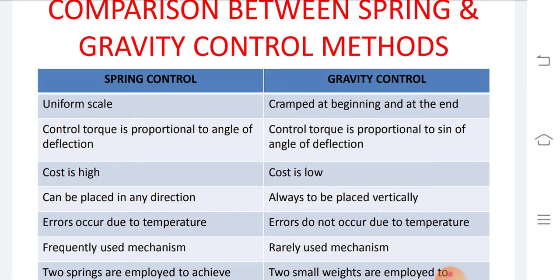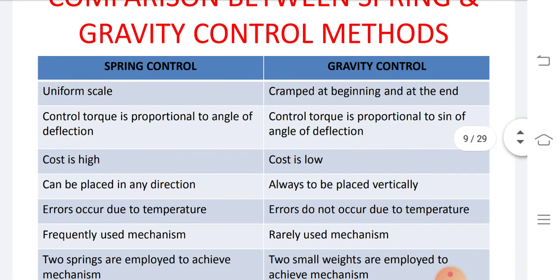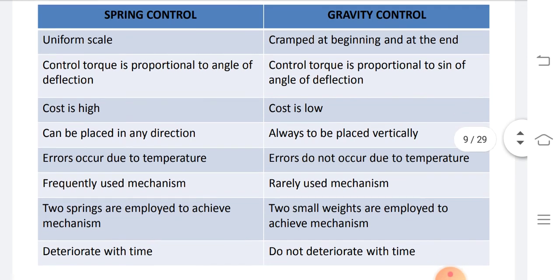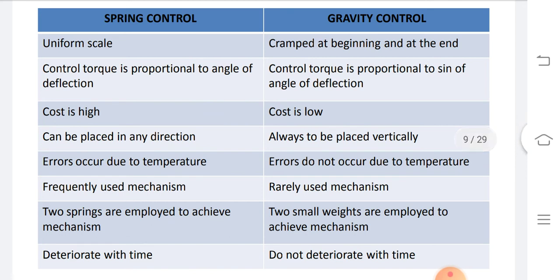The spring control mechanism costs more compared to the gravity control method. The spring control mechanism can be placed in any direction, whereas the gravity control method has the disadvantage that it should be placed only in the vertical direction. Error because of temperature will not occur in the case of gravity control, but it occurs in the case of spring control, because the lifetime of the spring gets reduced,